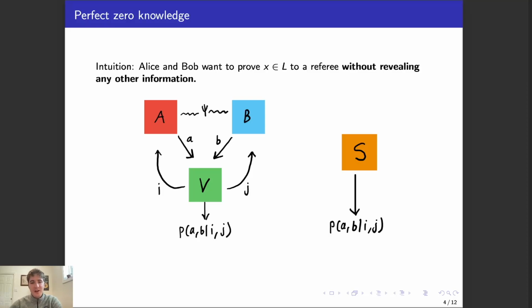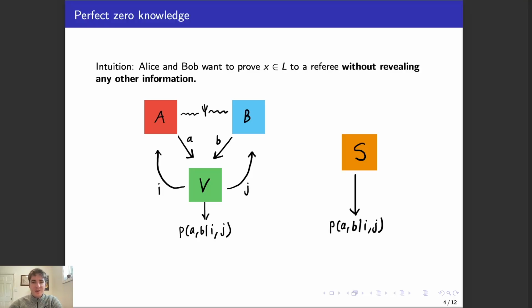We say that this interaction is perfect zero knowledge if there is a polynomial time Turing machine S, called the simulator, that can output a correlation PABIJ from inputs AB and IJ, such that if X is indeed in the language, this correlation corresponds to a winning strategy for the players. The verifier doesn't learn anything in this scenario because, since computing the winning correlation is a polynomial time computation, and the verifier is a polynomial time Turing machine,